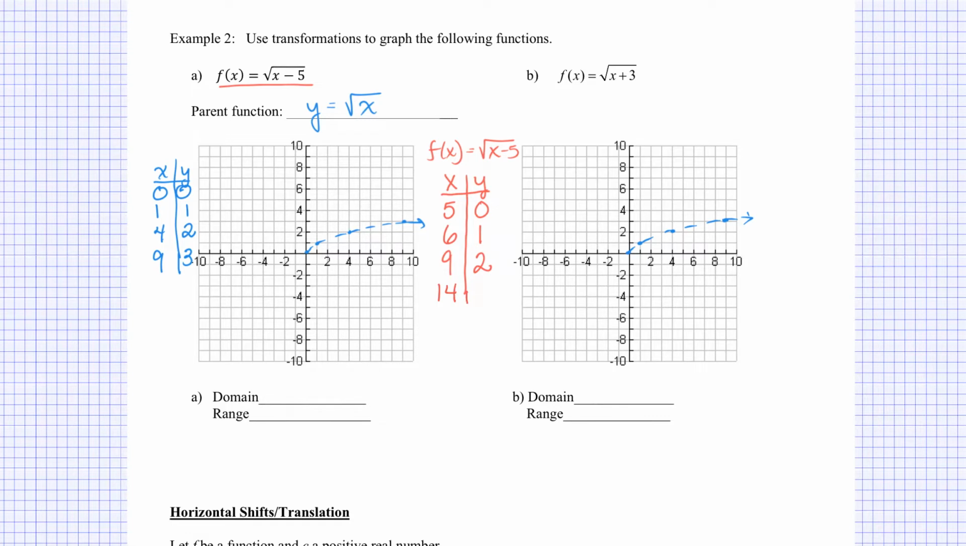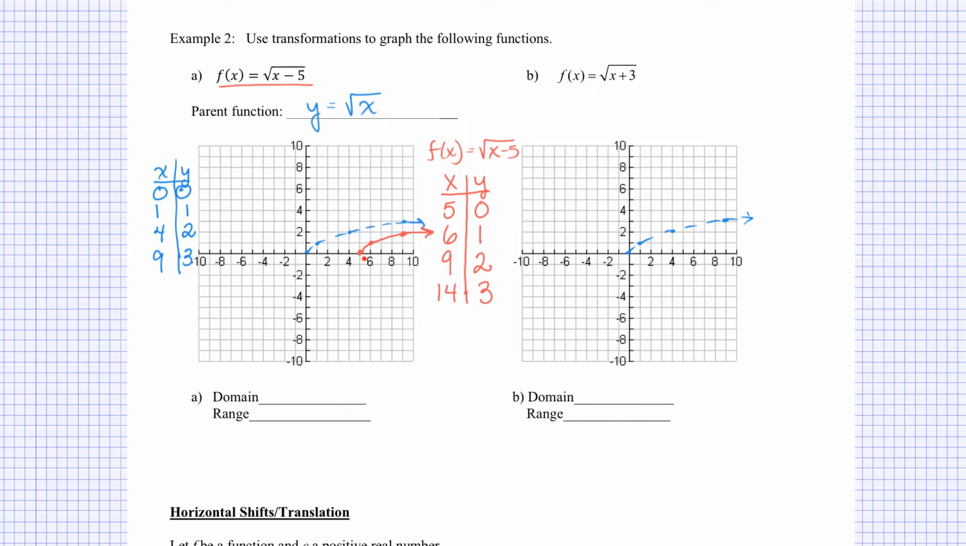14 minus 5 is 9. Square root of 9 is 3. And so when I plot these points, I see (5, 0), (6, 1), (9, 2), and of course (14, 3) would be off the graph. And I can see that the effect here is to shift the parent function, not vertically, but horizontally, right 5